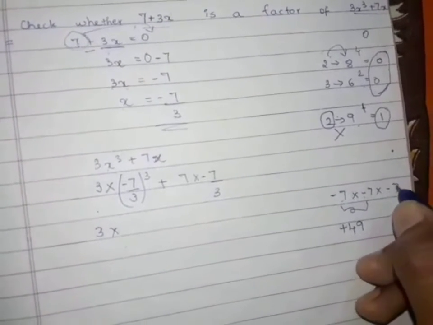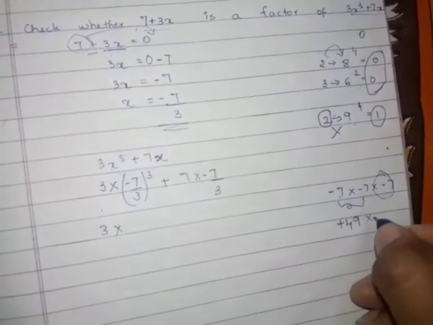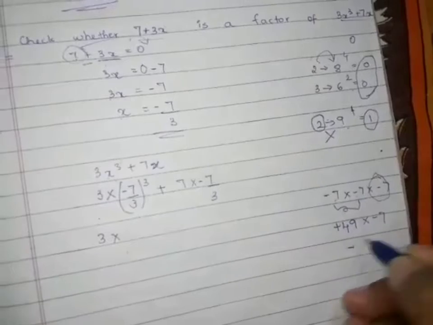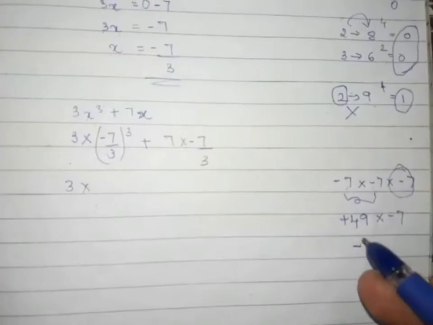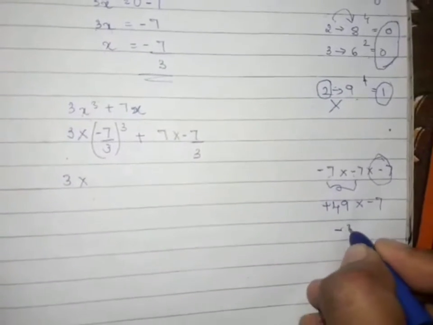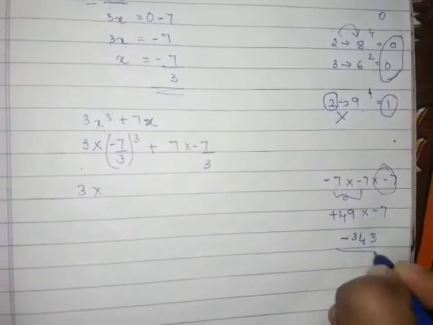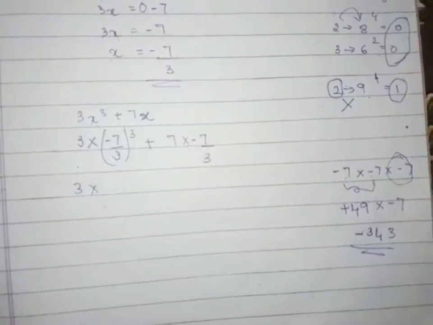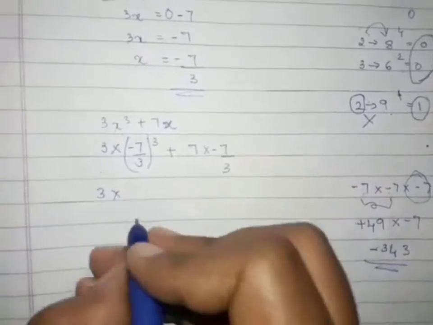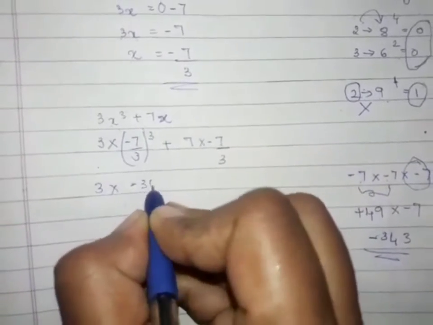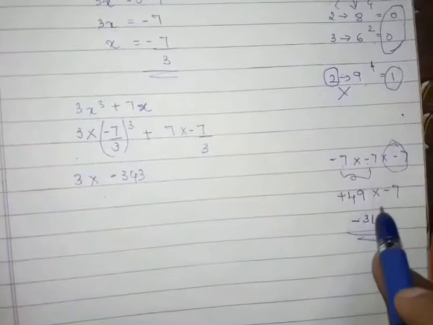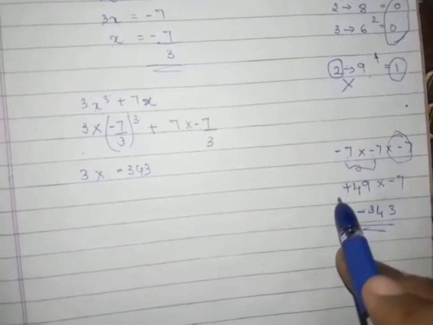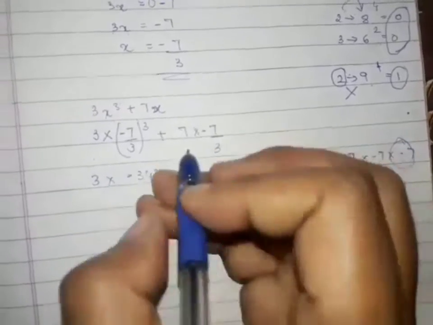So what is remaining? Into minus 7. Again, plus into minus is minus. 49 into 7 is 343. So we will get the answer here. The numerator here will become minus 343. Why did we get minus? Minus into minus is plus, but again you have one more minus. So plus into minus will become minus.